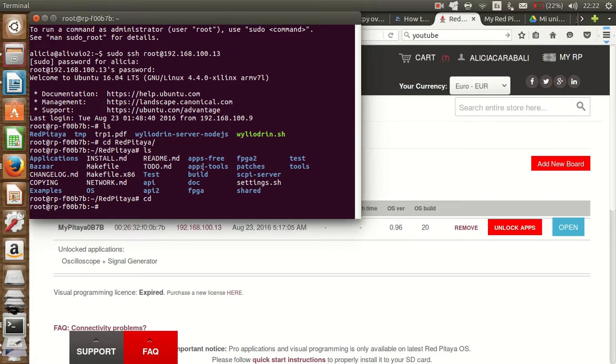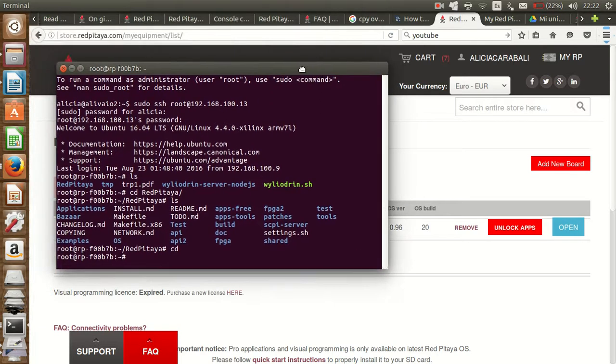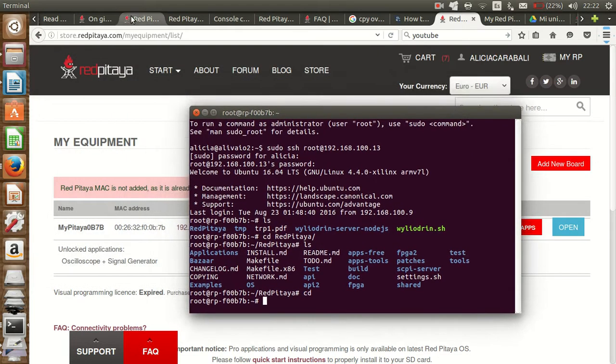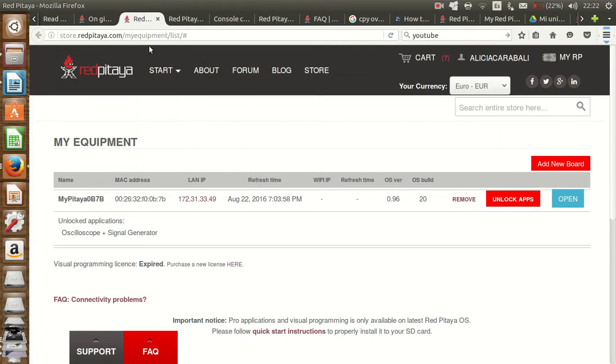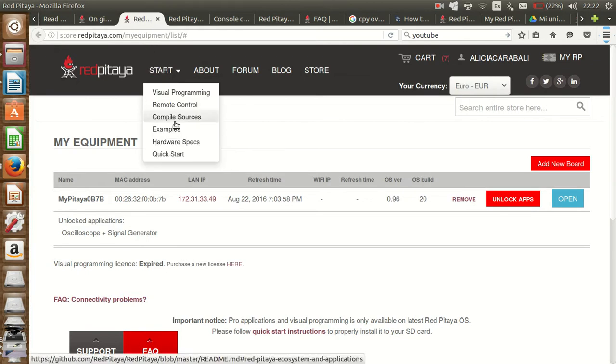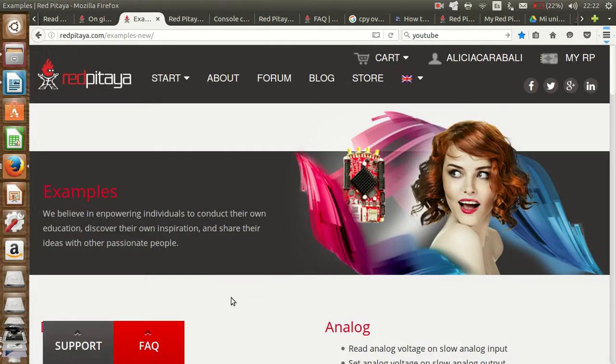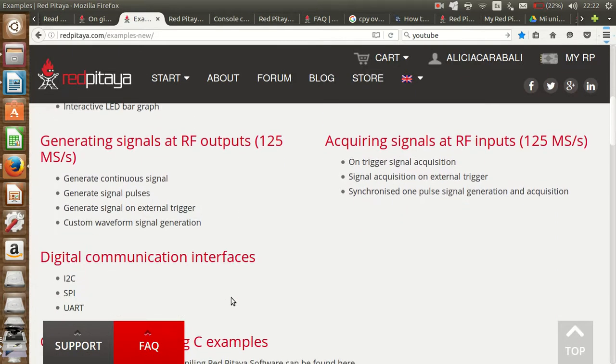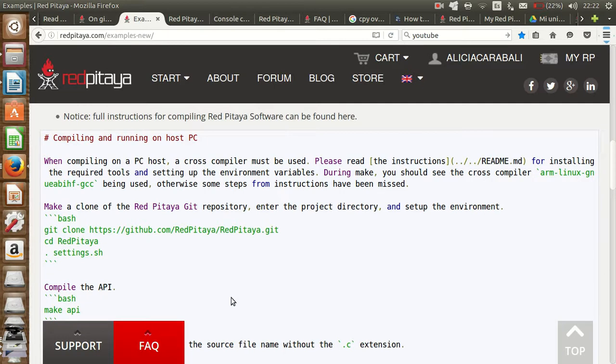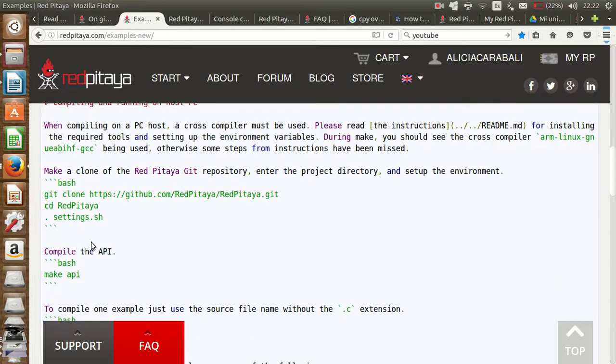If we are in the home, we just follow these instructions here in the page. So it says you can just go to examples, and then in examples you have all the information you need. You can come to this page, and we just need to copy this: git clone